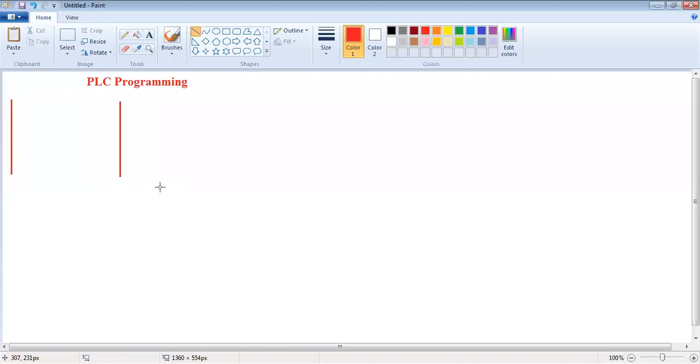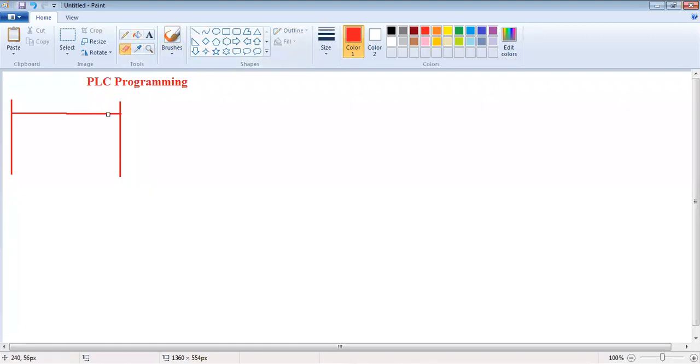So as you can see, the two rails are there. One is VCC, one is ground. One rung is there, which is used to join these rails, and that is known as rung.